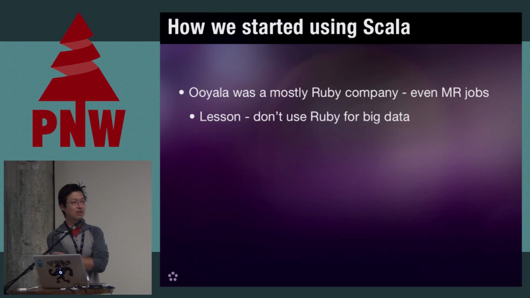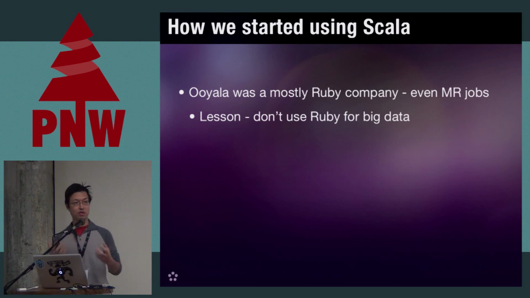Now the type safety thing, Ruby is good for a lot of things. But the problem with using it for big data, and especially for Hadoop, is this: how many people have tried to unit test, or rather functional test, Hadoop MR jobs? I only see a few hands. It's not very easy. And especially if you have a language that is not type safe, it becomes really, really hard. If you can't test 100% of your code in Ruby, then you're in trouble.